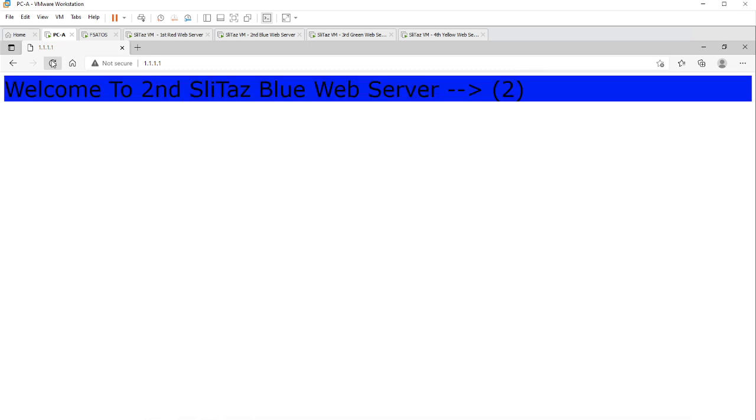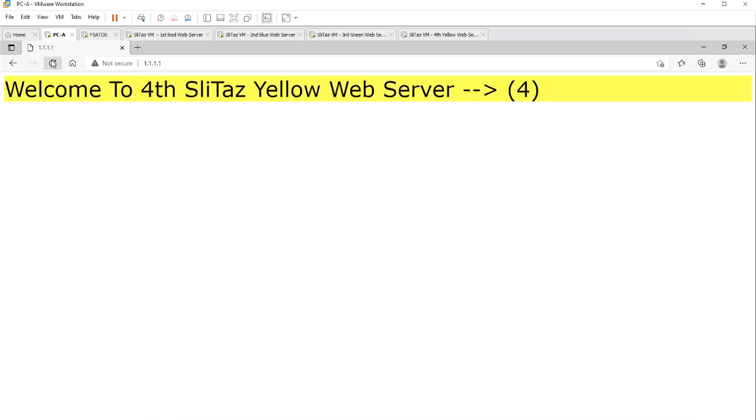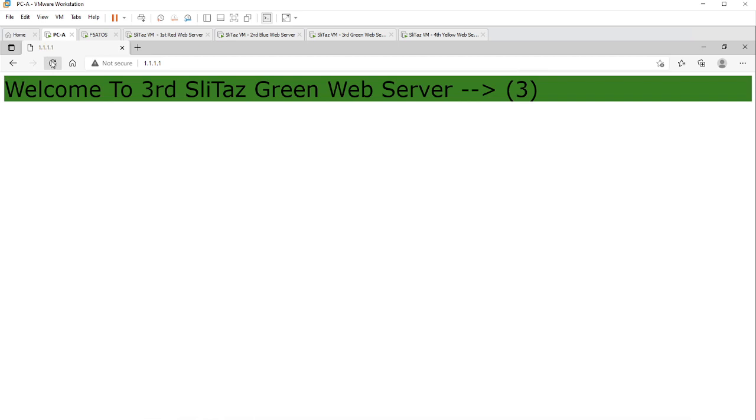Earlier, every time I clicked, the first connection was given to the first server, the second connection to the second server, the third connection to the third server. Do you agree? That's how we were seeing it. Now the frequency is not going to be the same. So we have given blue as 2, green as 4, and yellow as 6. Am I right? That's what we have done.